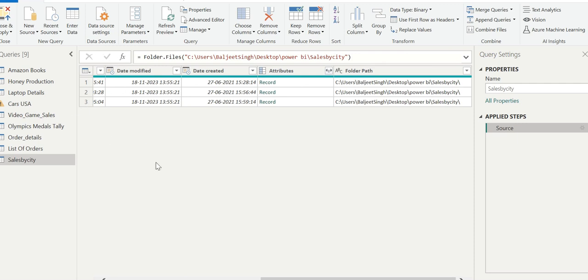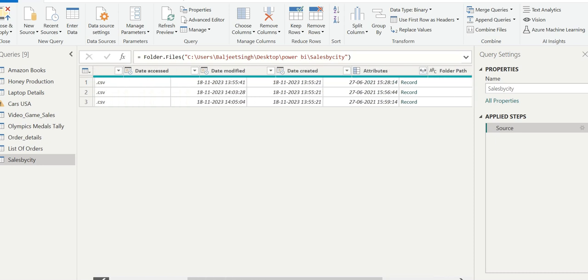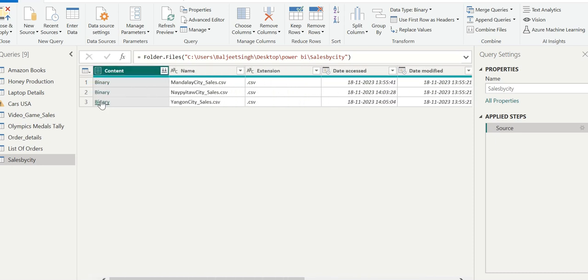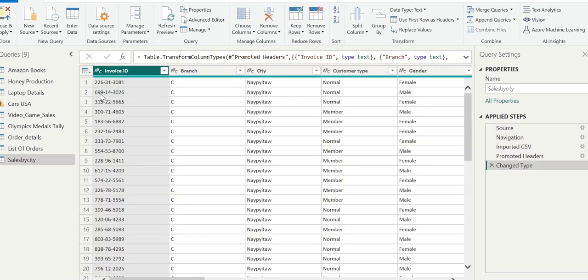Now we will go to the second content, Naypyidaw, and we will see the steps. There are a few steps which have already been created by Power BI itself. We really don't need to do anything here till now.